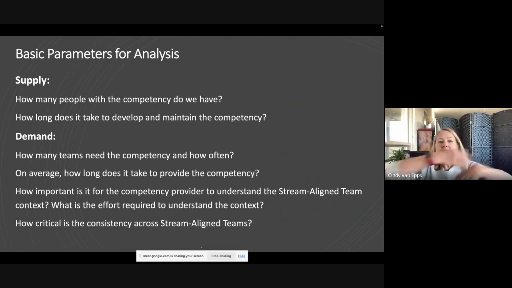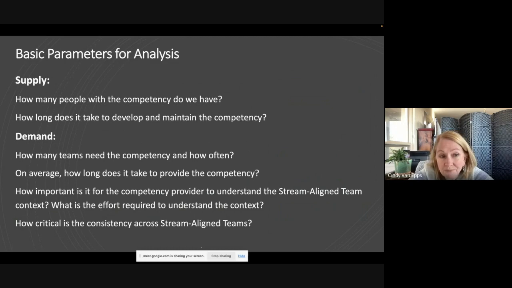Well, let's just go get some more thermal analytics specialists. Let's go down to the thermal analysis aisle at Walmart and pick up a few. Well, no, that's not realistic. How long does it really take to develop and maintain that competency? How much would it cost me to go get someone with that specialization out in the marketplace? Are they even available? Well, we have to look at that, the supply, what it costs to get more of